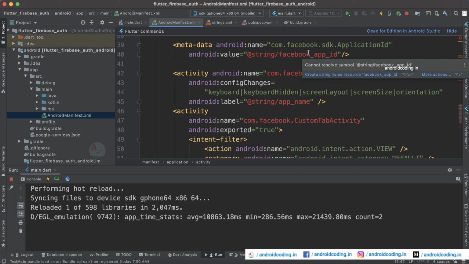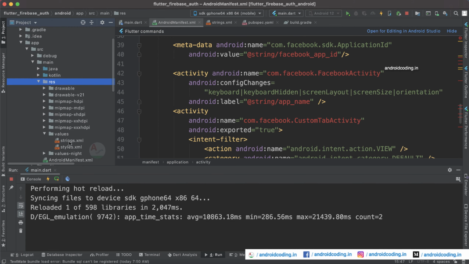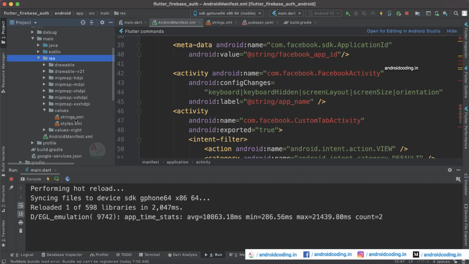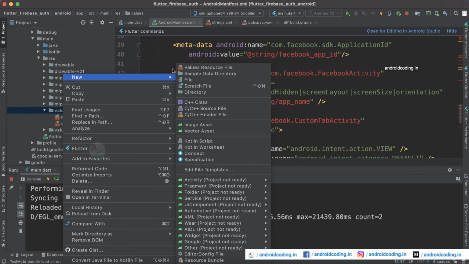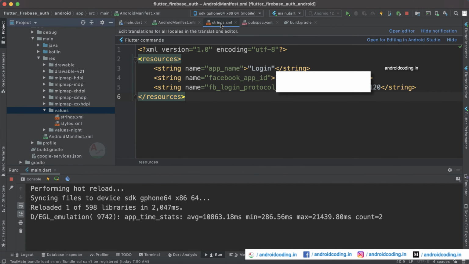So now just try to see where exactly the files are located, and inside the res folder here you need to move to the values, and by default if the strings file is not created, just right click here and create a resource file and name it strings.xml, and inside which specify the app name, Facebook app ID and login protocol scheme.